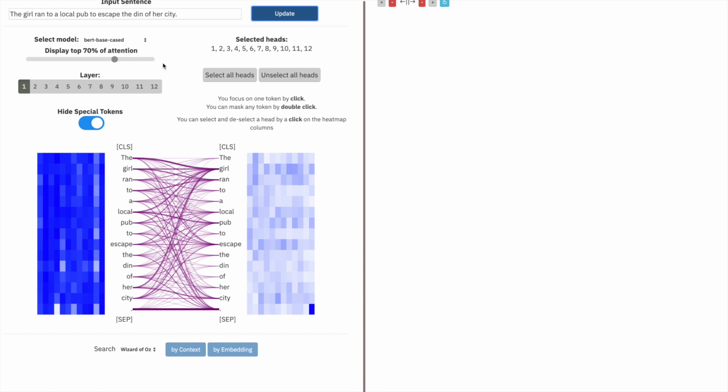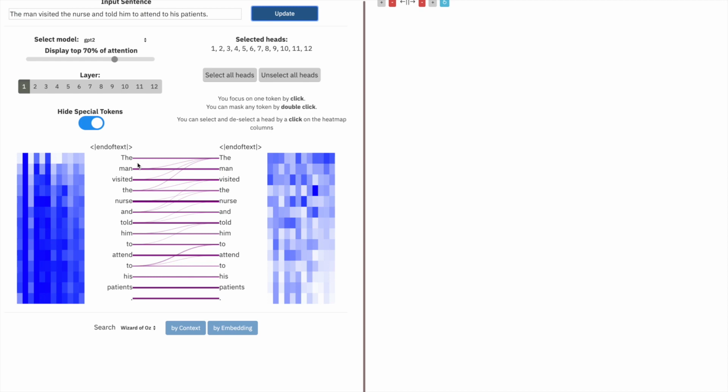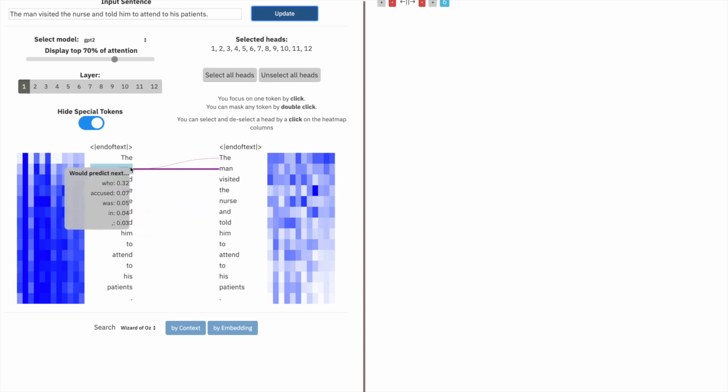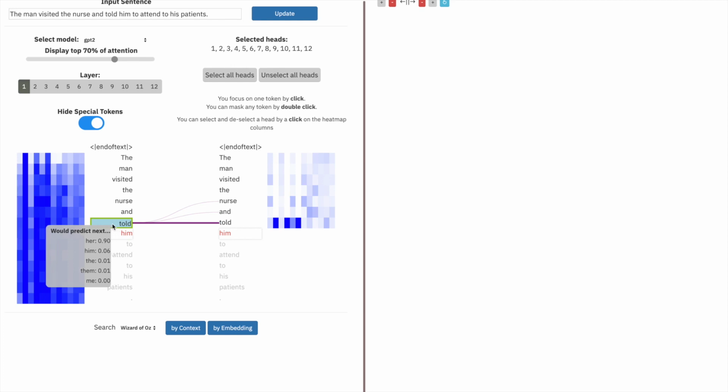The first thing we'll need to do is select GPT-2 from the model drop-down list, and then input the sentence that we care about. In this case, we'll input, "The man visited the nurse and told him to attend to his patients." To explore gender bias, the easiest way for GPT-2 is to ask, what would you like to predict next, given the context before? In this case, if we click on the word told and hover over it,